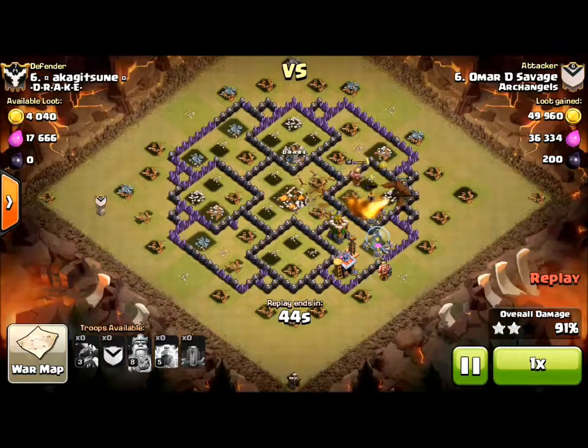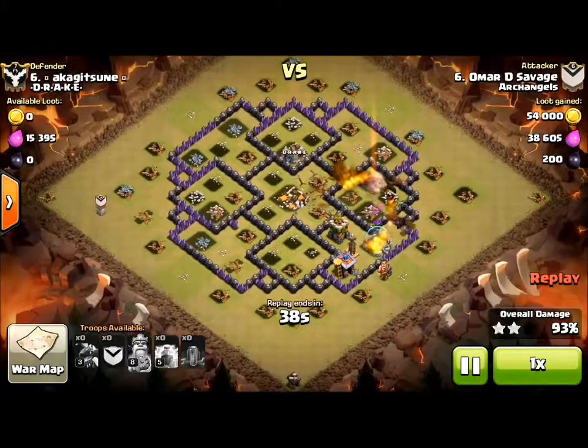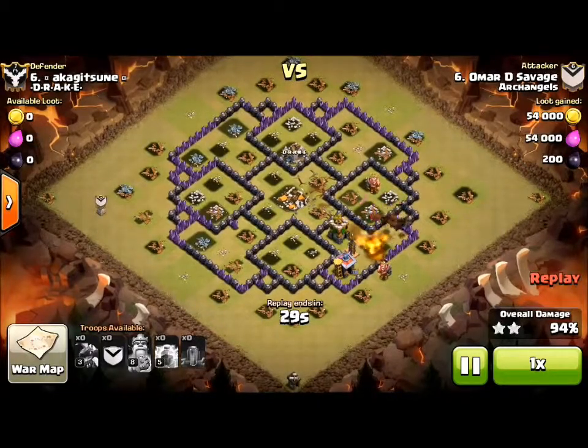And the goal is to move his dragons into the core, take down that archer tower, a Tesla, and that storage. King goes down. The storages are being worked on by the dragons. And now he loses another dragon. So his final dragon takes down a Tesla, takes down the archer tower,